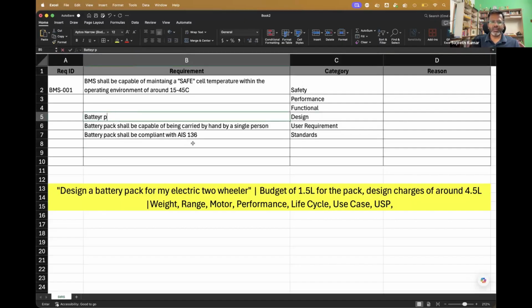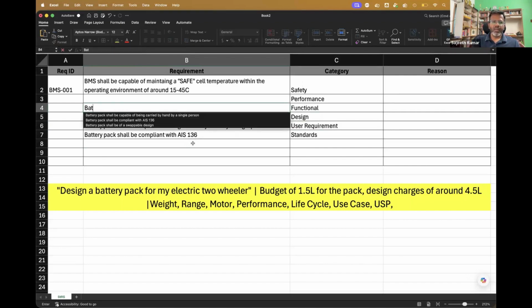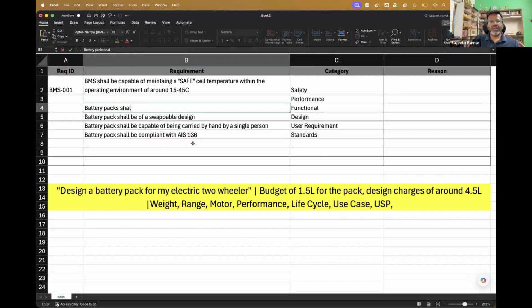Design, right? Battery pack shall be of a swappable design. That's when you can remove it and take it and go, right? Functional. Battery packs shall